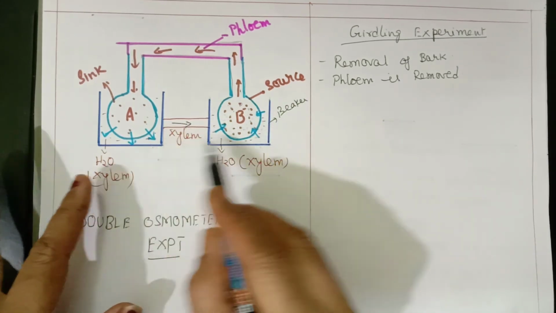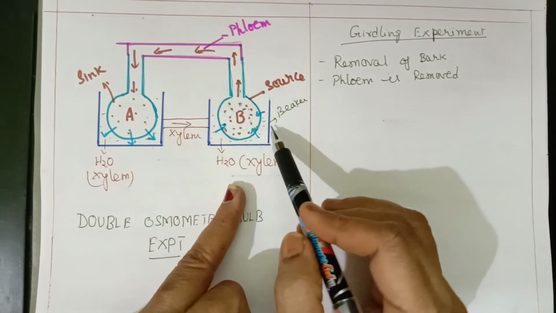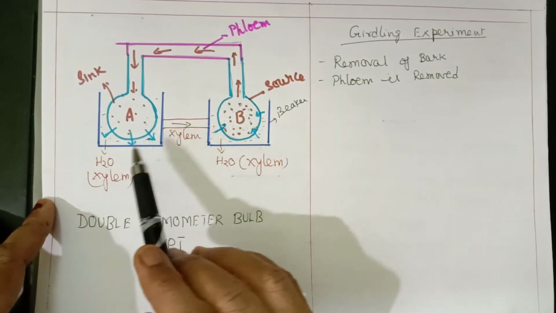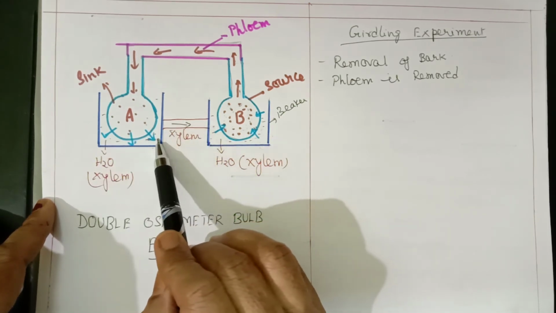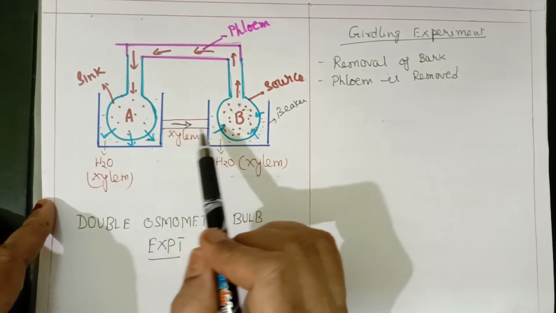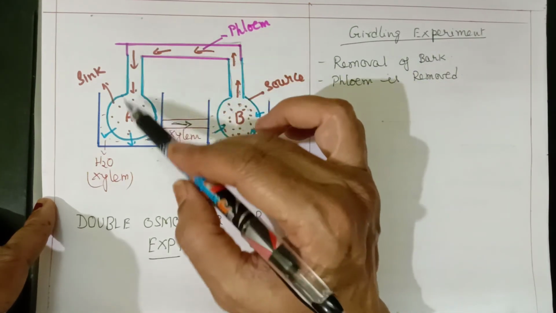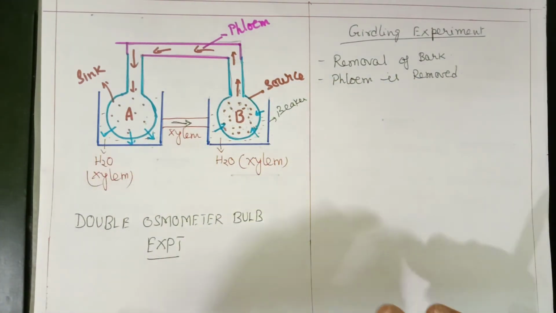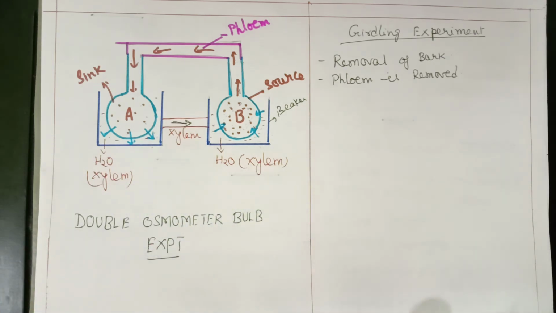The water will move from one trough to the other. This indicates the source. In natural conditions, we take the source as leaf and the sink as root. Always water will flow from root to leaf, so we show the direction from A to B. Translocation of food we show in the direction from B to A, because it is from source to sink. So this is the double osmometer bulb, which demonstrates the mechanism of phloem transport,